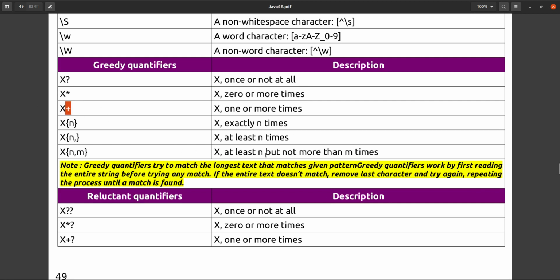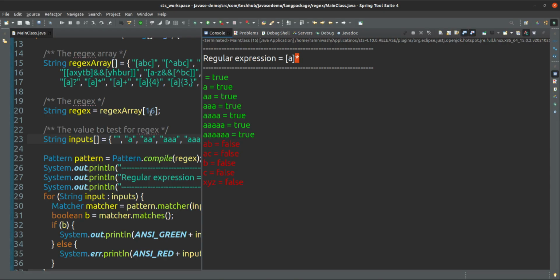If I use plus, then at least one time your X must occur. It is not accepting 0 times. At least one time or more times. Plus means X one time or more, but at least one time.